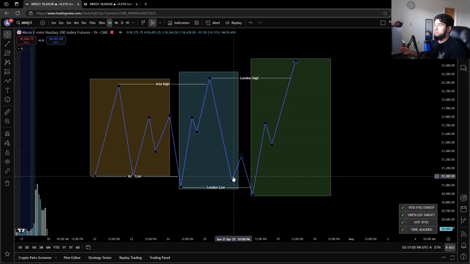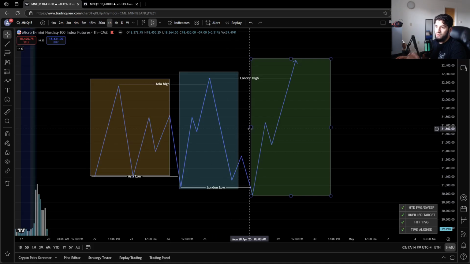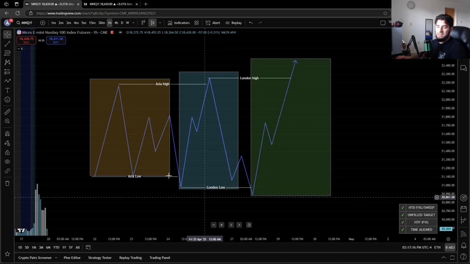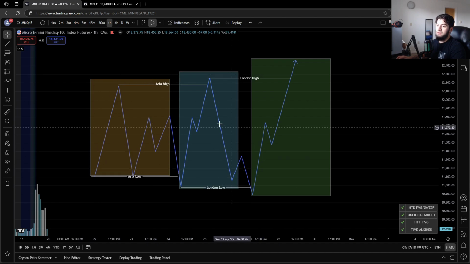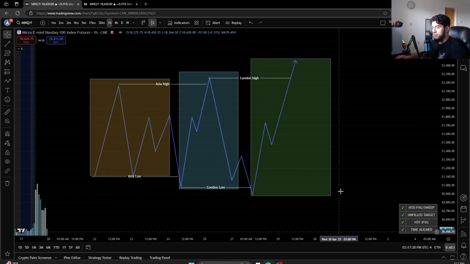And a lot of other strategies, for example, AMD, right? Accumulation, manipulation, distribution, and power of 3, and all these things. There's lots of strategies that revolve around liquidity, like I mentioned. So, for example, Asia will accumulate, and then London will manipulate into New York, and then New York will end